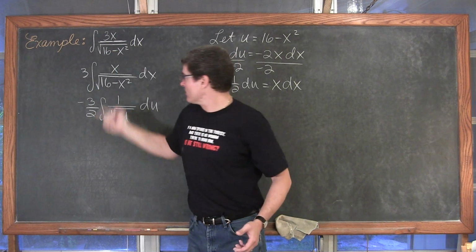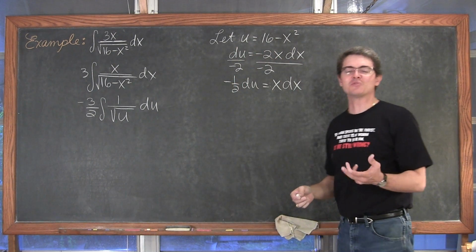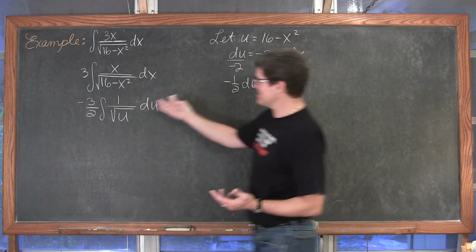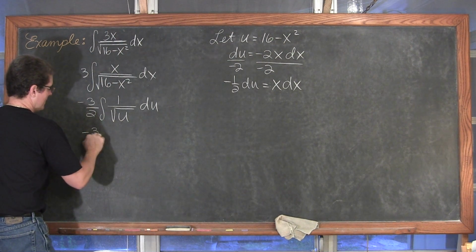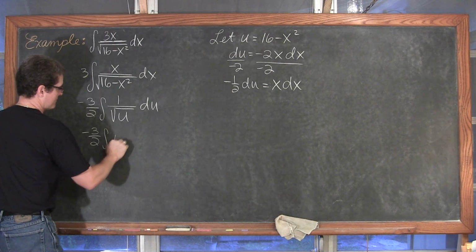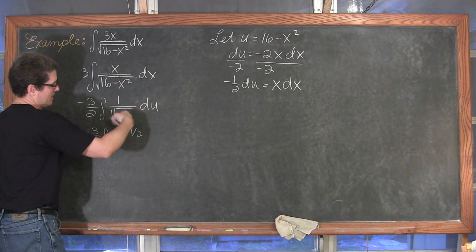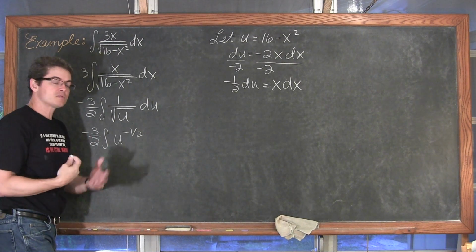Well, it's 1 over something with u, but remember, this is not the first time we've done u substitution. It's not like everything now is going to be a natural log function. So this can be rewritten as negative 3/2 times the indefinite integral of u to the negative 1/2, just writing this as a fractional exponent and getting the u out of the denominator so I can see more clearly the use of that power rule.